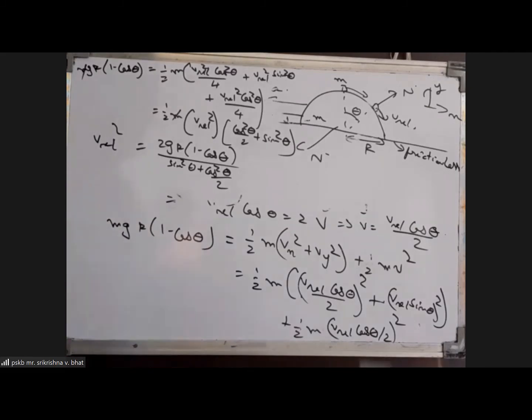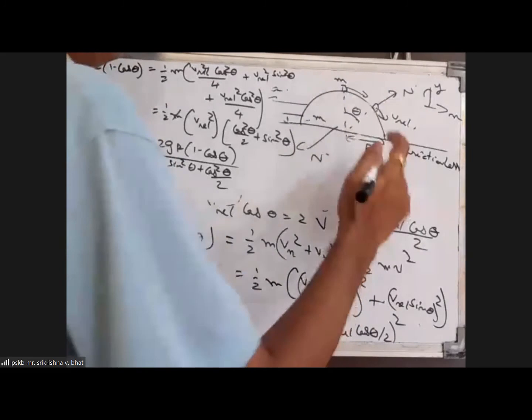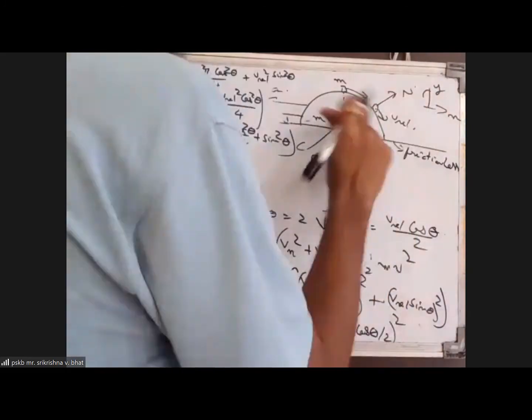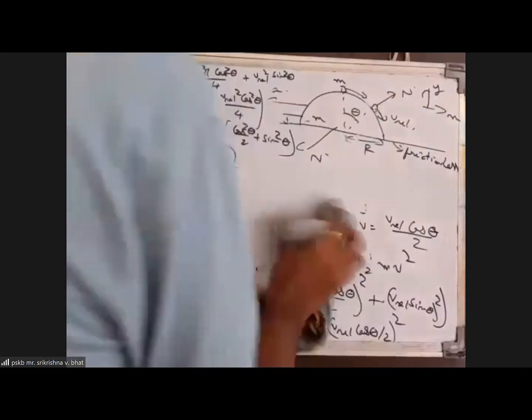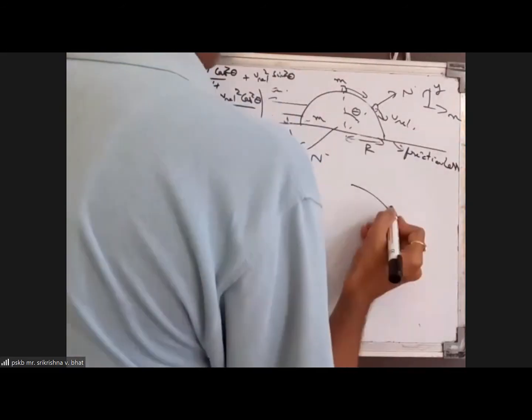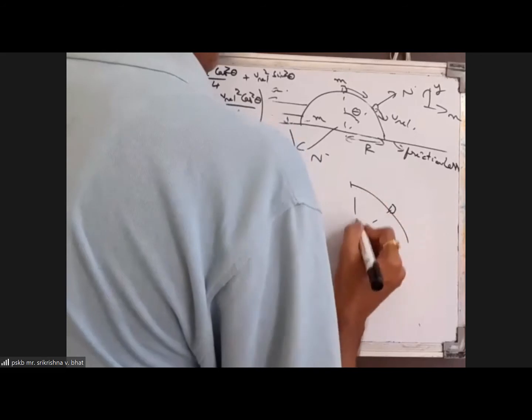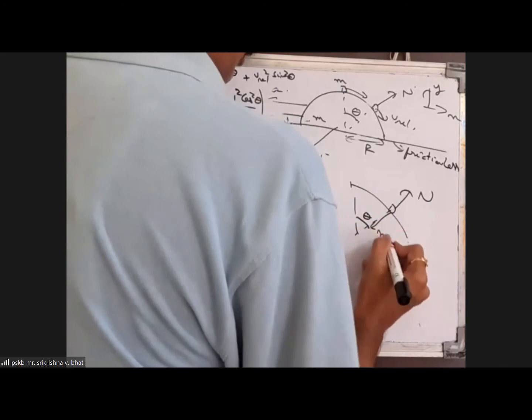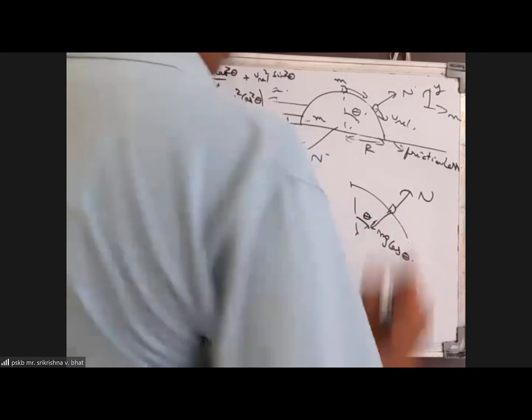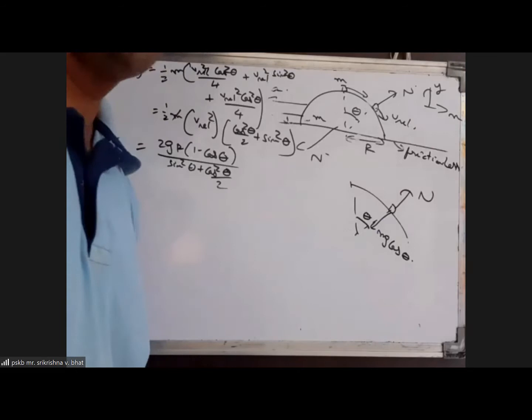Now what we'll do is write the force equations for this mass. Normal force is a force acting on the particle. So for the particle, if you write the force equation, the normal force is one force, and mg cos theta is acting like this. And you should take the pseudo force also.